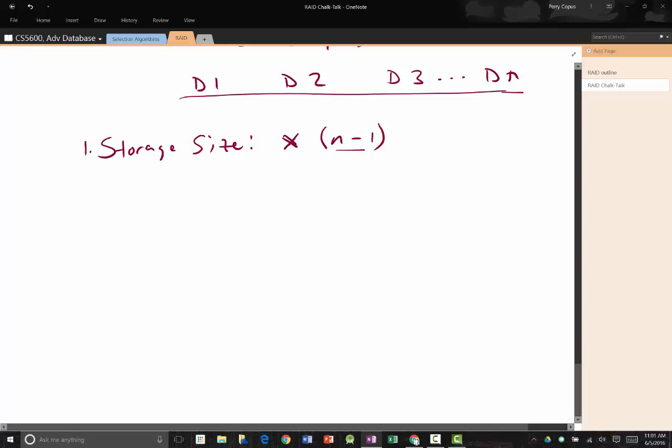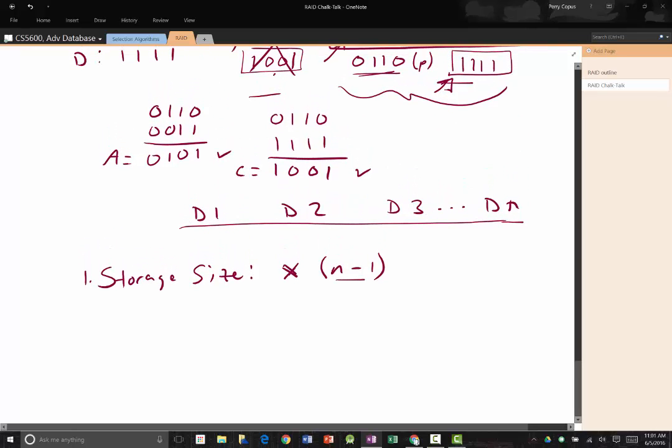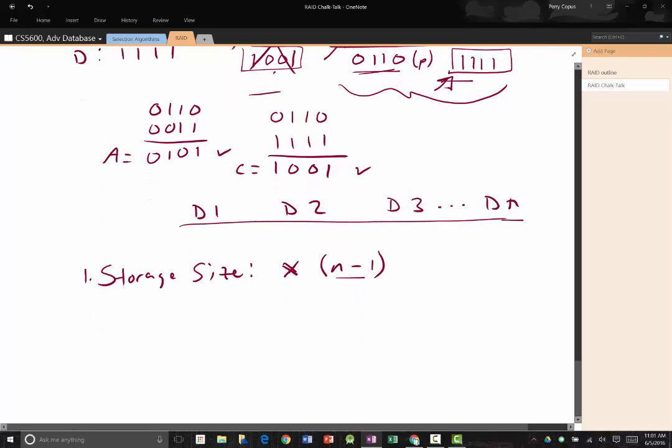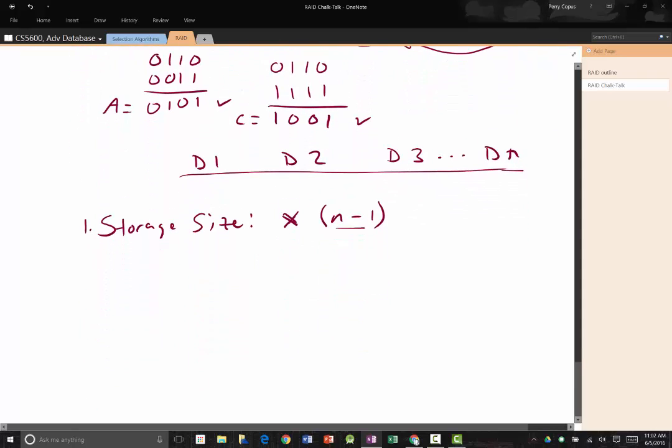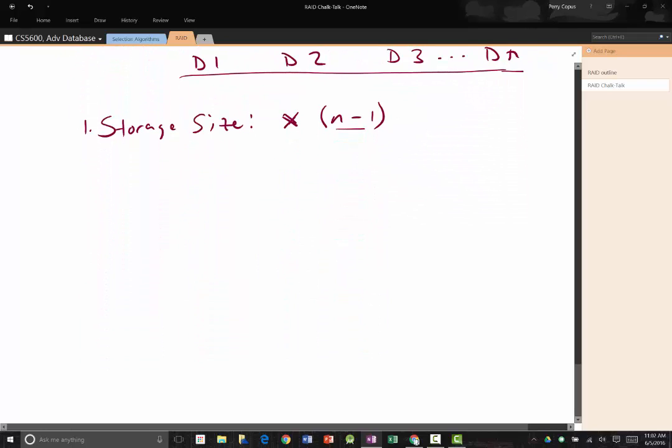Notice, by the way, that this is more space efficient than RAID 1. Because in RAID 1, I have complete redundancy. For every data that I have to store, I use at least twice as much storage if I have one mirror. Whereas here, this is often called N+1 redundancy. I have one additional drive that I need to add. Second,